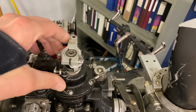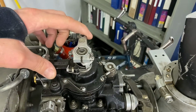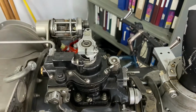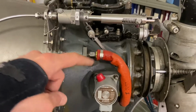On the top of the engine we have our constant speed unit, and the constant speed unit can be manipulated by the pilot by pulling on the prop control lever. Pulling the prop control lever back will reduce the engine RPM, and if they pull it far enough, it will feather. Down on this side, we have our tachometer generator, which gives the indication in the cockpit of the RPM